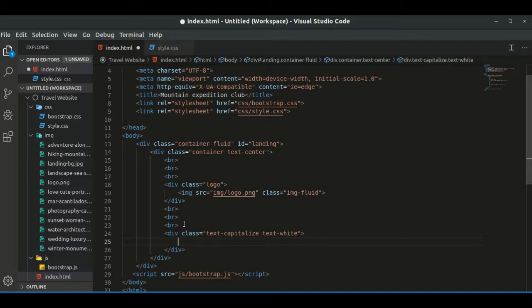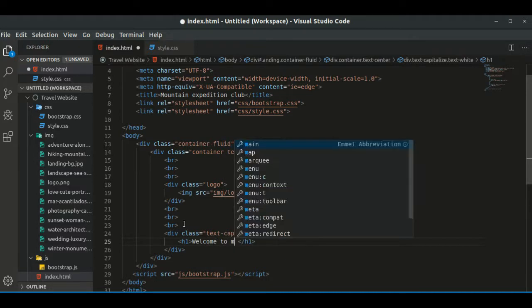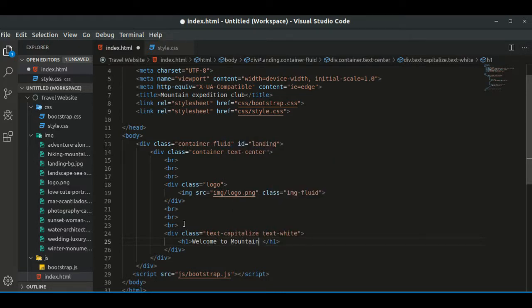This is from Bootstrap class. Here we'll include a custom color. Just write welcome to Mountain